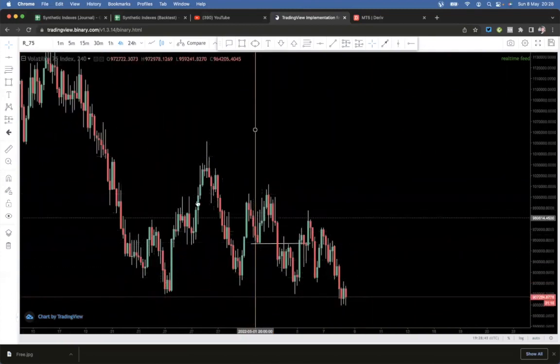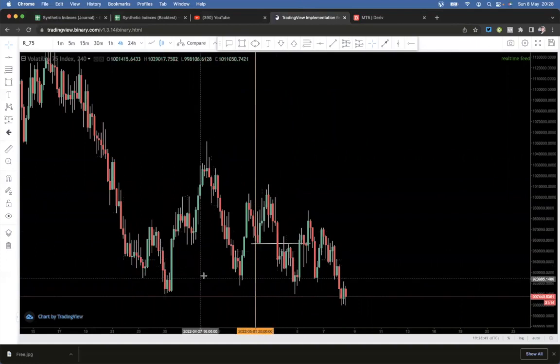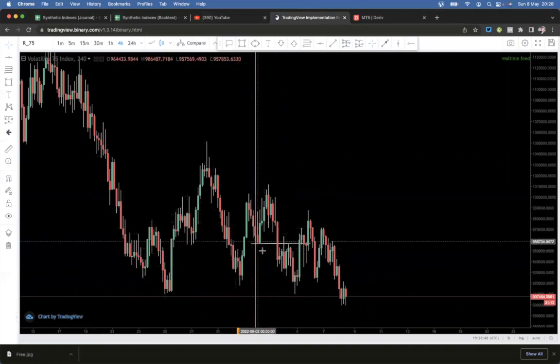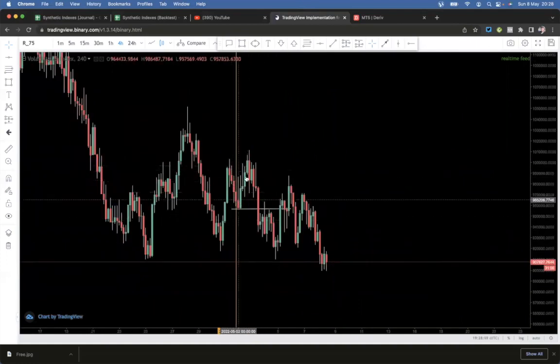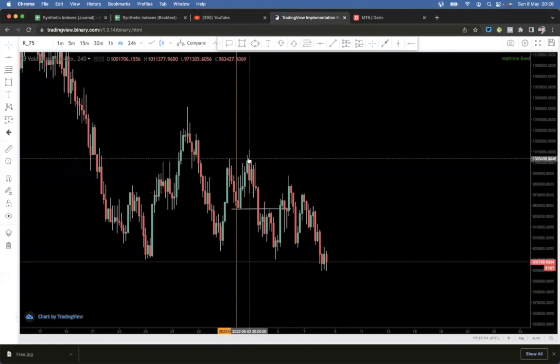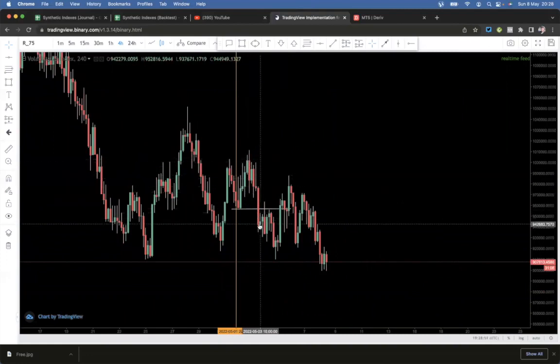Okay, this was the previous week. Before that, then we were here. The week started here. Price bounced off of this double top and broke here. When it breaks here, you look for the